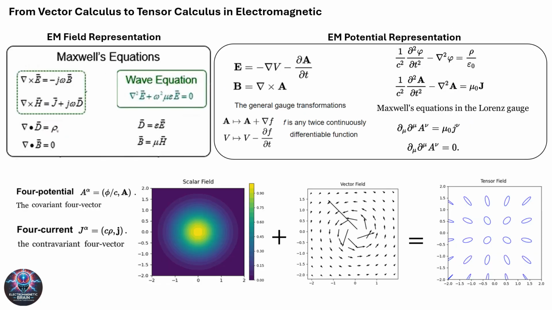The electromagnetic field based on vector calculus is expressed by a wave equation, which works with E and B fields directly, instead of E and B fields. In the next level we introduce the 4-potential A mu, which simplifies the description of electromagnetic fields in a relativistic framework. This representation also sets the stage for integrated dynamics. In this point of view, the scalar electric potential and vector magnetic potential are integrated in a single covariant 4-vector, which is demonstrated as a tensor graphical representation. By this transformation, the other parameters like current also can be integrated into the contravariant vectors. To address these complexities, in the next slide, tensor calculus, which generalizes these operations into a framework that is valid